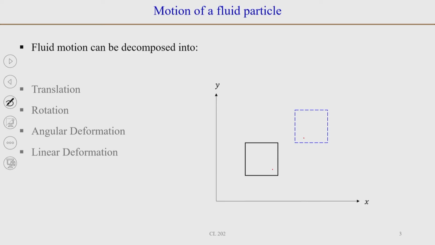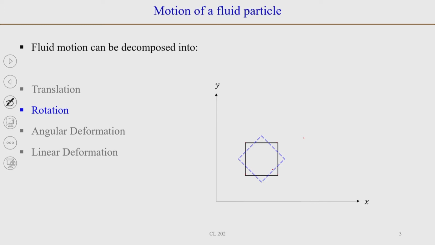In such a case, the distance between the corners of this rectangular fluid element does not change and its shape remains the same. The second type of motion that we discussed was rotational motion. Again the shape of the fluid element does not change, but it just rotates about an axis normal to the fluid element here. So, that is pure rotation.